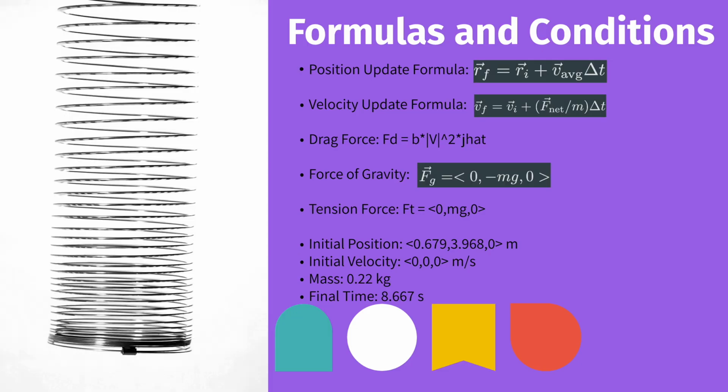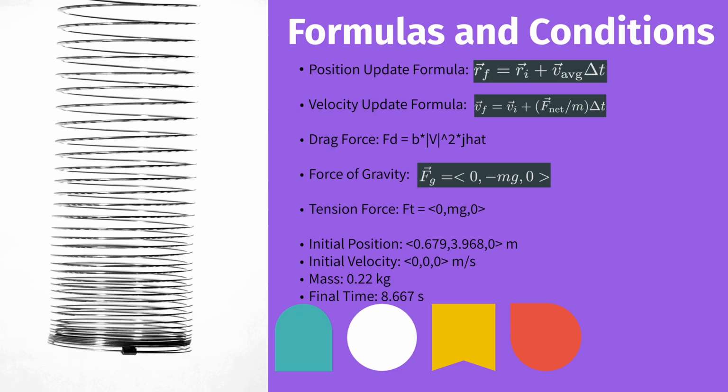Here are the formulas used in the lab. The position and velocity update formulas were used in order to update the position throughout each iteration. The formulas for the gravitational and tension force are equal but opposite to each other in sign. And we also need the drag force,